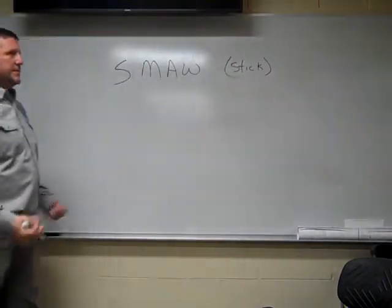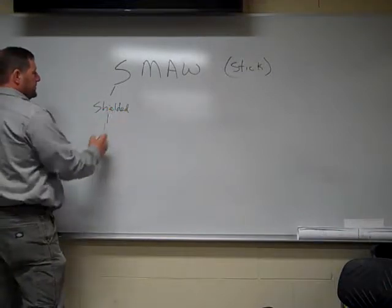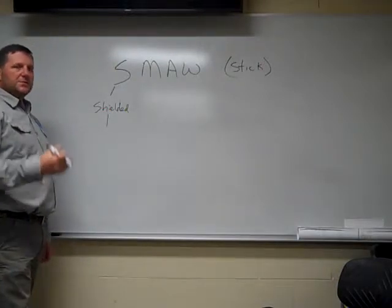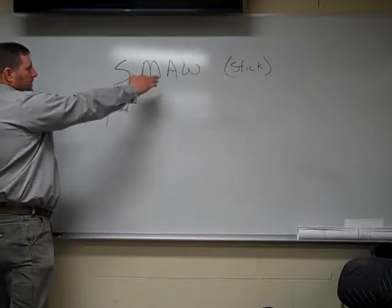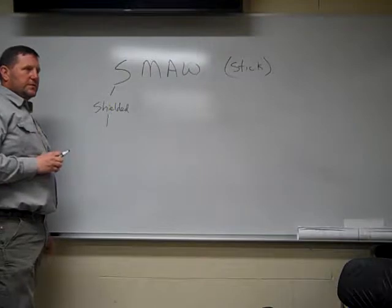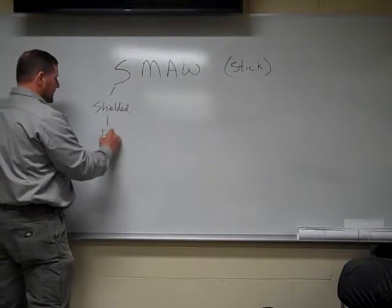So what does SMAW stand for? S stands for shielded. What's shielded mean? That actually means my electrode, my filler metal, it's going to have a flux coating over the top of it, and that's what they're going to be using to shield our weld. You notice in GMAW, it was gas metal arc welding. Well, for shielded metal arc welding, we are not using any gases at all. All the shielding gases are going to be provided from the flux when they actually melt off your electrode. So, flux coating right here